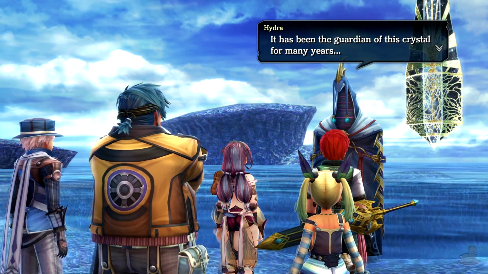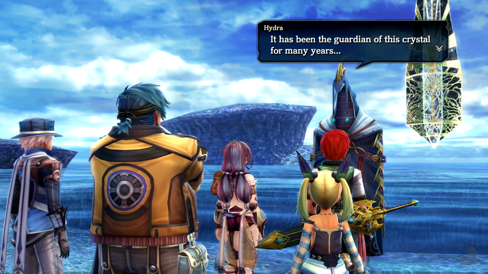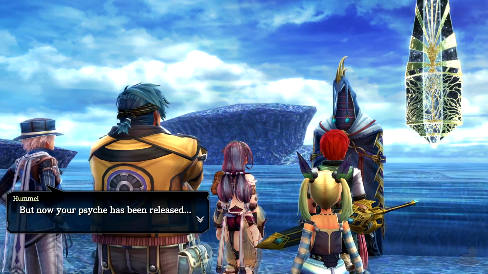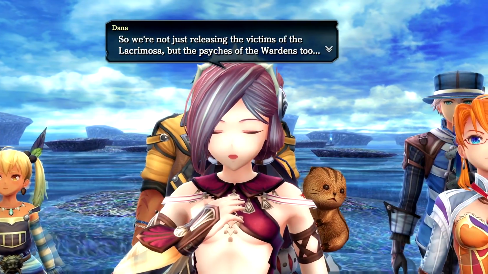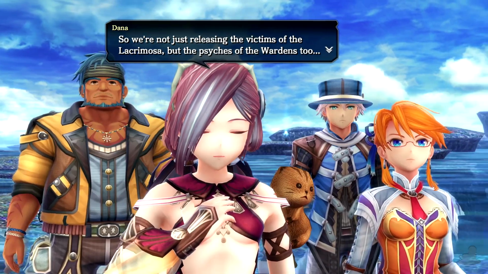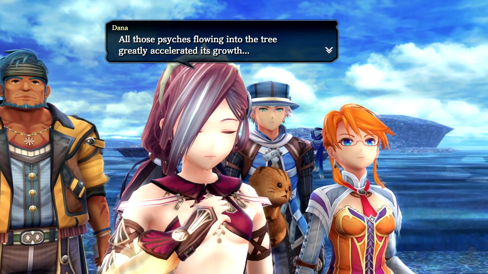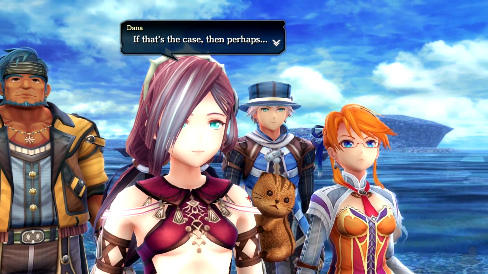Okay, so I still feel like we're gonna face Dana. Still got some thoughts about this. But now your Psyche has been released. So we're not just releasing the victims of the Lacrimosa, but the Psyches of the Wardens, too. All those Psyches flowing into the tree greatly accelerated its growth. If that's the case, then perhaps...